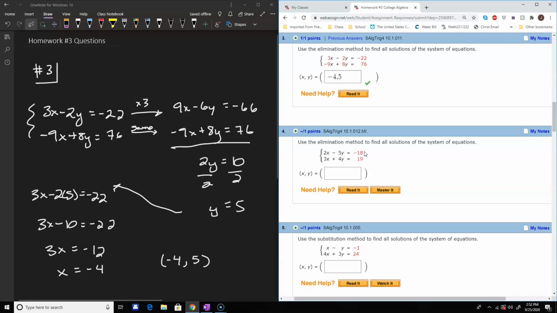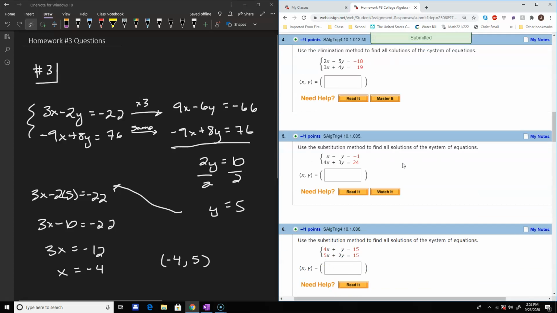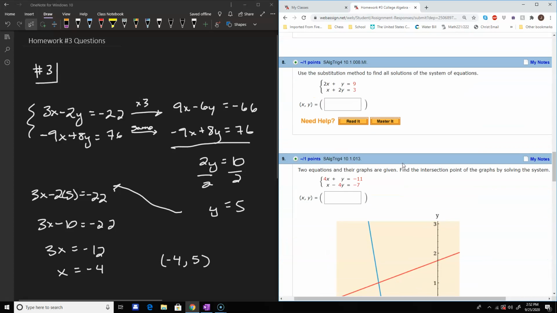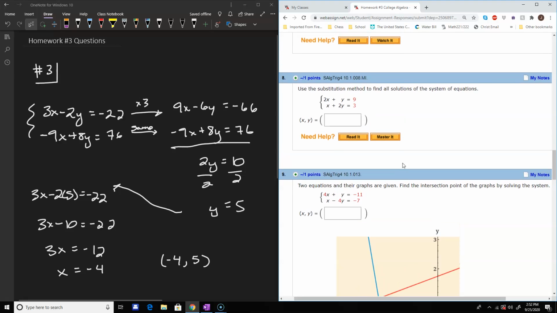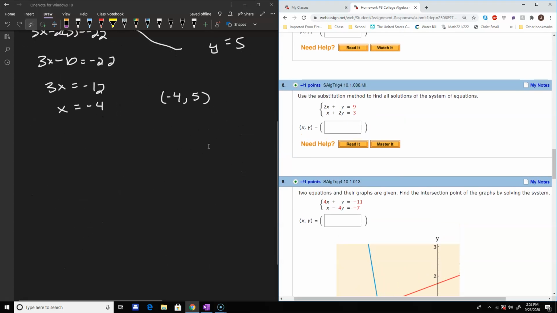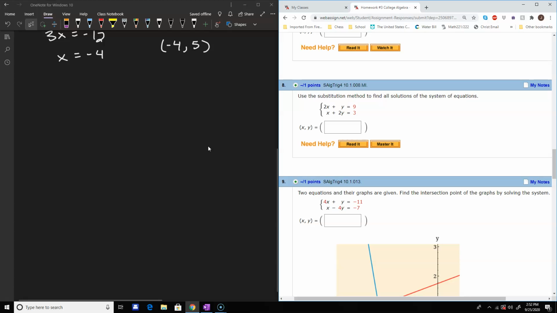And hopefully everything went okay. Yeah, we got the green check mark, so we did all right. Let's go down and do one of the substitution method problems. Let's do number 8 here. So number 8,